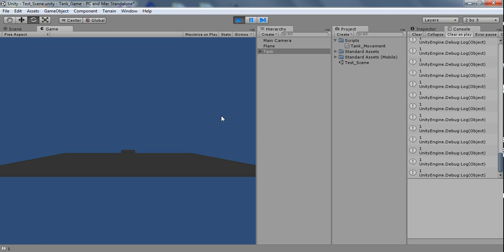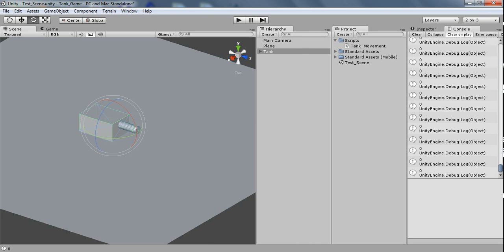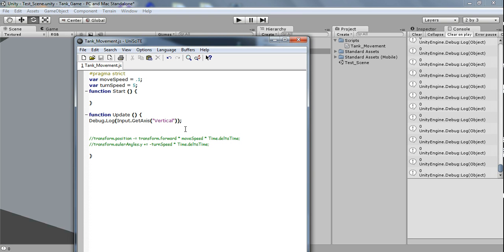And then you can see, now if I'm hitting W, which is vertical, it'll be 1, and if I'm hitting S, it'll be negative. So it's the same thing with the up and down. I'm hitting the up and down arrows right now. So that is good. So now what we're going to do is if Input.GetAxis vertical